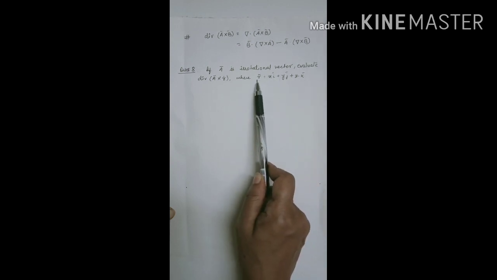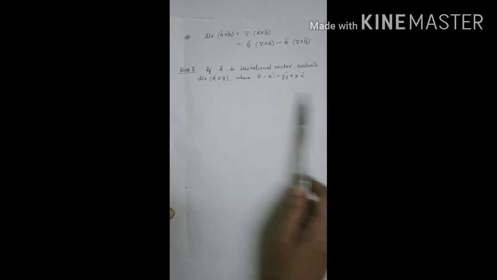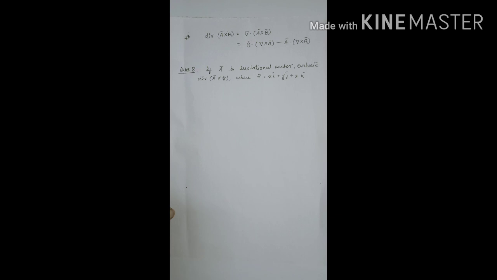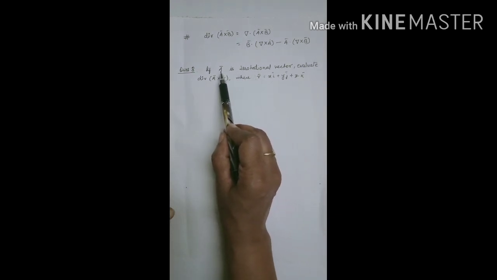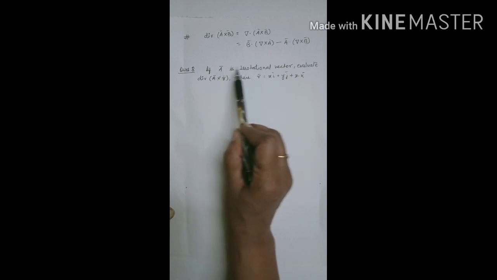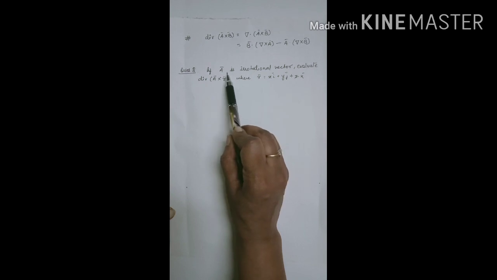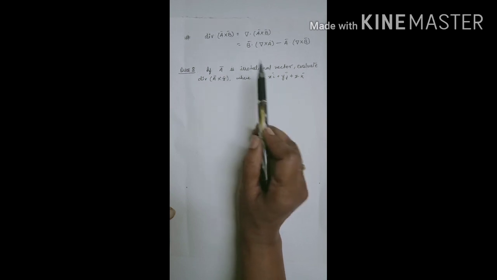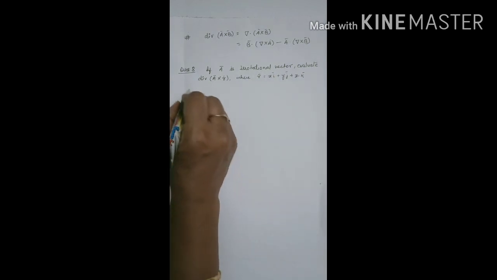That means R represents the position vector of any point R in space. Just like we take a random point xyz, this is a random position vector of a point xyz in space. So it is a very important piece of information given here that A is irrotational. Irrotational means curl of this vector will be 0. When there is no rotation, there will be no curl. So let's solve this problem.